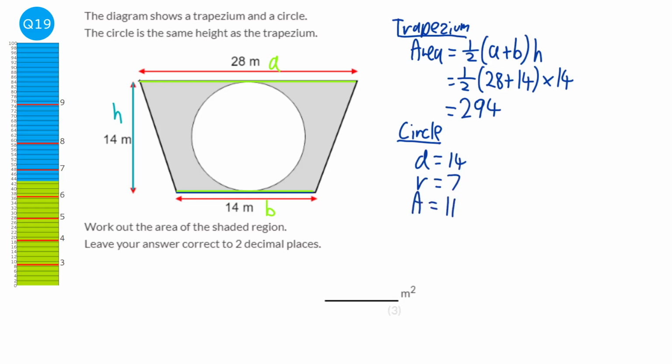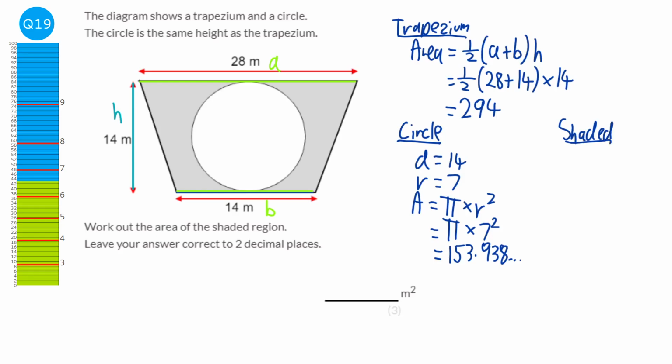And the area of a circle is pi times the radius squared. So it would be pi times 7 squared, which will be 153.938 and so on. Now keep that in my calculator, because next thing we'll do is the shaded area part,